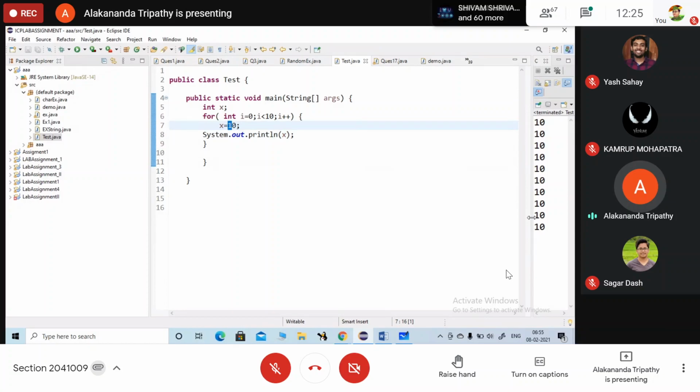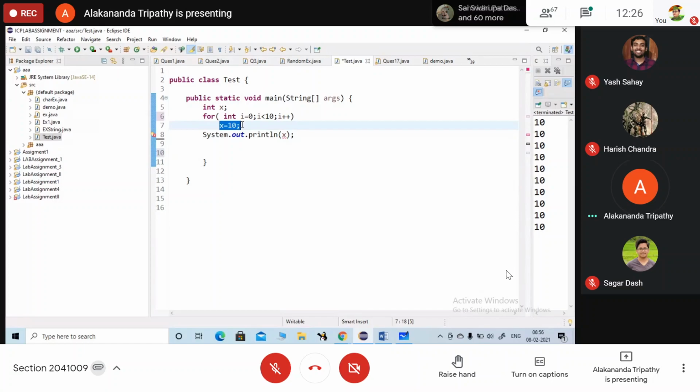But if I remove the curly bracket, what is happening? Which statement is executing in the for loop? x equals to 10. x equals to 10 is being initialized. Means within the loop, what will be the value of x? 10. Once it comes outside the loop, what happens? It gets reset. Yes, ma'am.